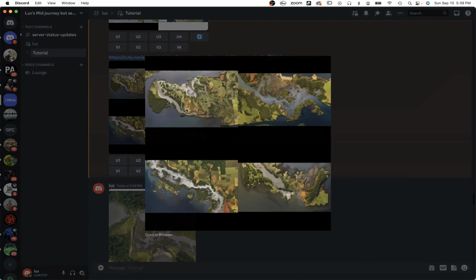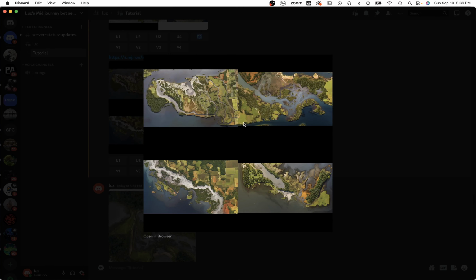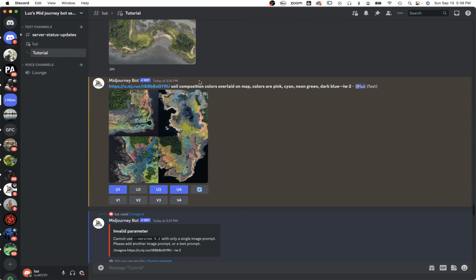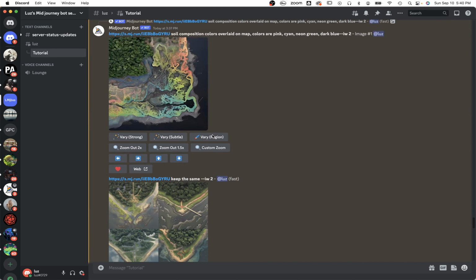Obviously it doesn't really do that, which you already know, but it does create some really interesting mapping, especially when you do something that's a bit more specific, like here I added soil composition colors, but then I literally told it the data of the color that it needs to show on the map. So I told it a range of 5-6 colors, and tried to get it as close as plan view as